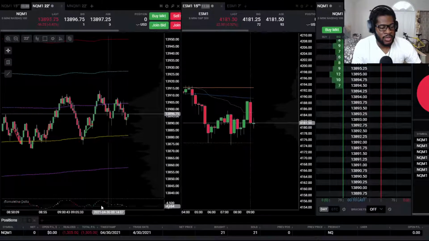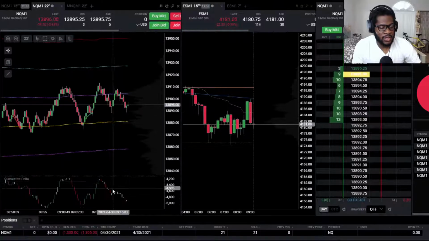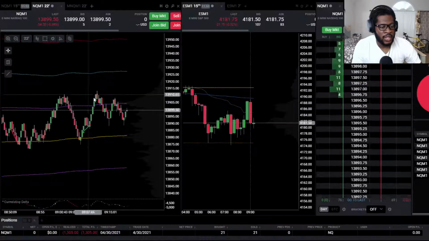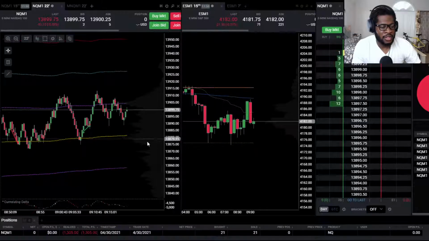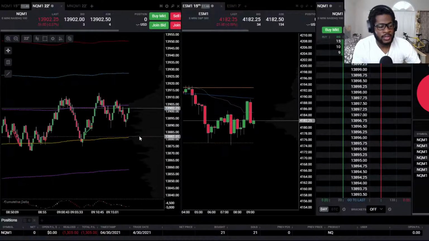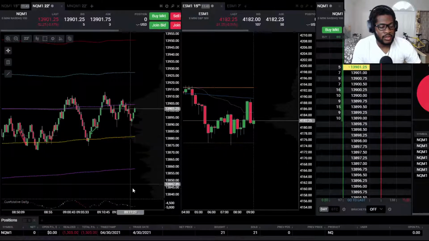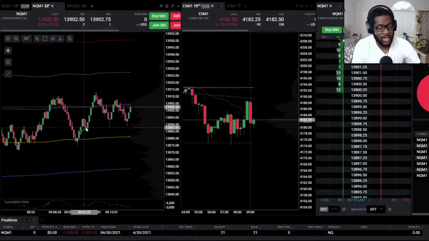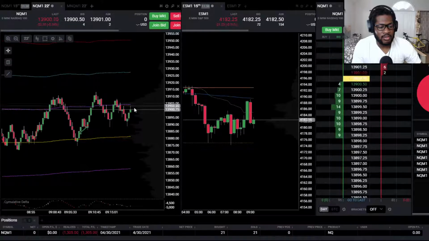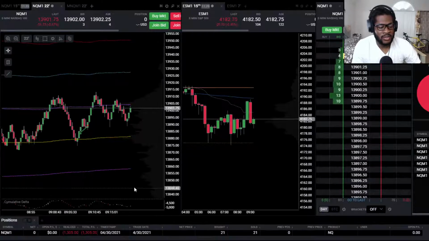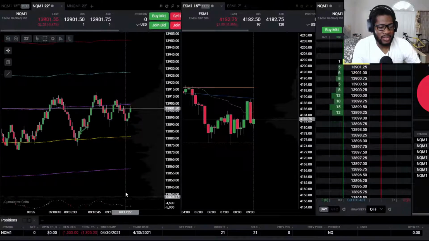Again, taking delta with a grain of salt. The delta is showing that it wants to start selling off. We're seeing that it is starting to form like a little downward channel here, but last time I took that trade, I got hurt. So as much as I'm keeping delta in the back of my mind before I start thinking of anything short here, if anything, I just won't take longs rather than go short.